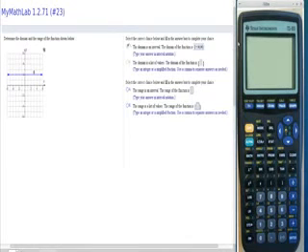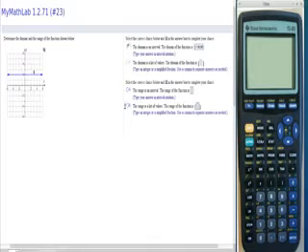Hello and welcome. This video is a response to an Ask My Instructor question from MyMathLab about estimating domain and range from a graph. So here's the original problem, and we can see here where it's already been answered correctly